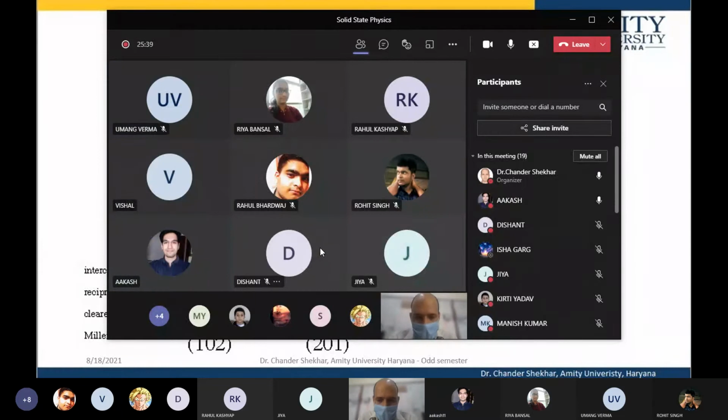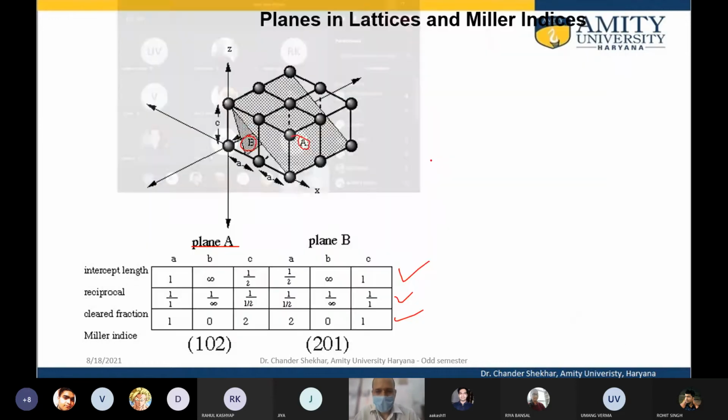Sir, you need to remember 3 steps, which are very simple steps. It is the visualization that you need to keep track of. You should be able to visualize the plane from the Miller indices, or the Miller indices from the plane. So if this is a plane intersecting one axis and parallel to the others, what could the Miller indices be, and that way it helps.